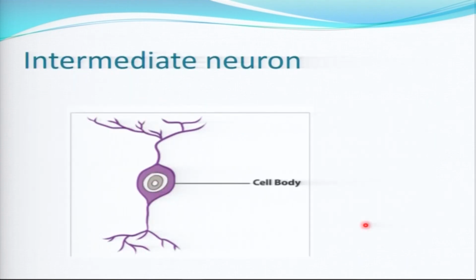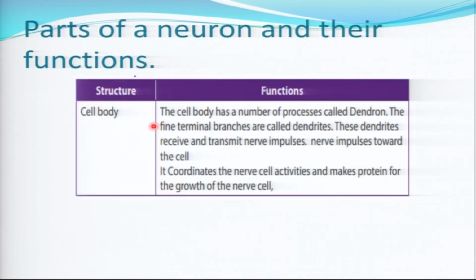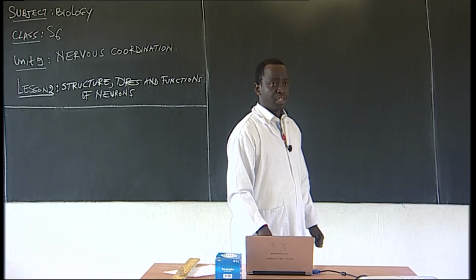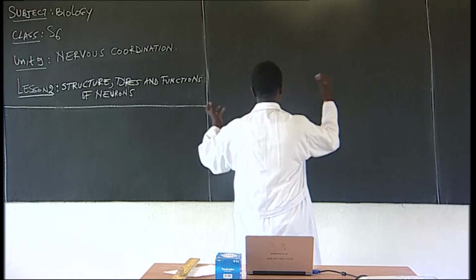And then you can get the response. So now, this is the intermediate neuron, where it will have this cell body, and those are the dendrites. So they have different structures. So before I explain the function of each part of the neuron, I can remind you